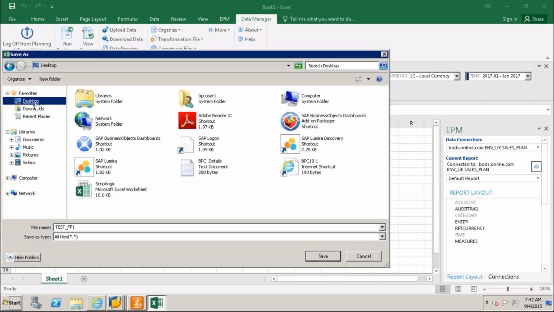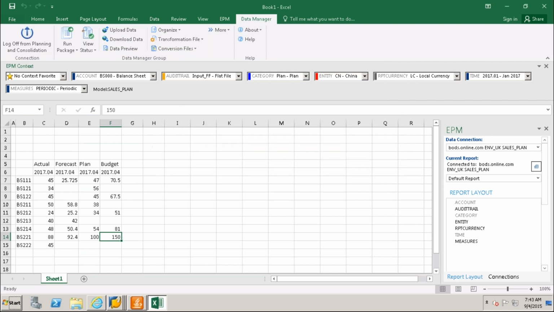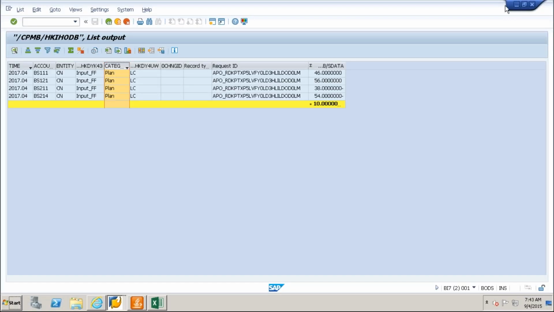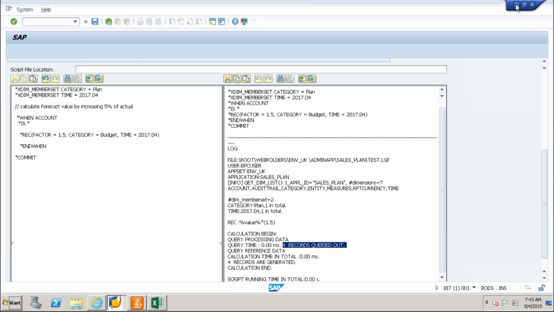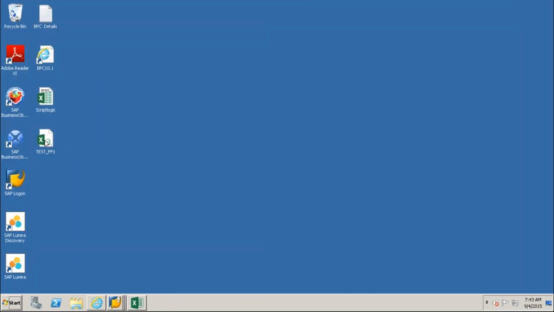Under desktop, test_ff1, save. Okay, so I have my CSV file here.